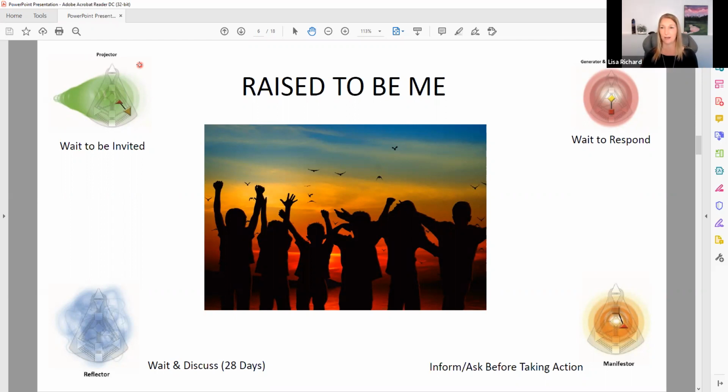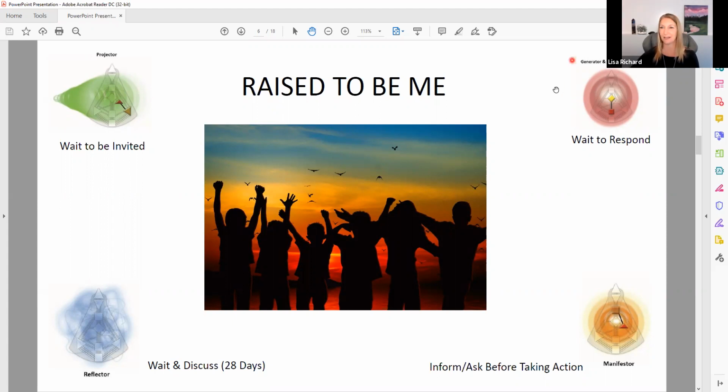So when you use that strategy of wait to be invited, then you are waiting for those people to be open to your guidance, to be open to your help, and then you're going to feel that satisfaction that comes with being recognized for your contribution, recognized for who you are, and all of those things of value that you can bring into the world as a guide. So it's a beautiful, beautiful energetic system, but really important to be aware of how much of the other person you are feeling within your own body.